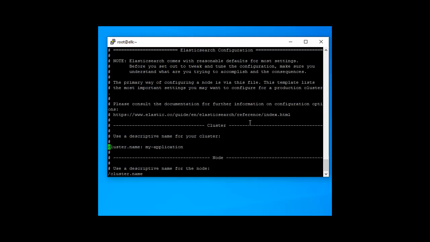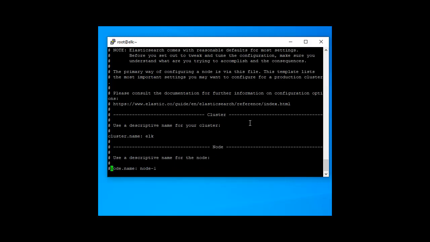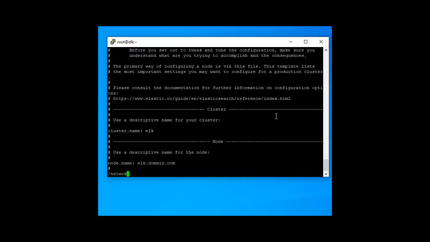Now uncomment it, and I am putting the host name of this machine, that is ELK. Second, node.name. First uncomment this line and use the host name elk.domain.com.